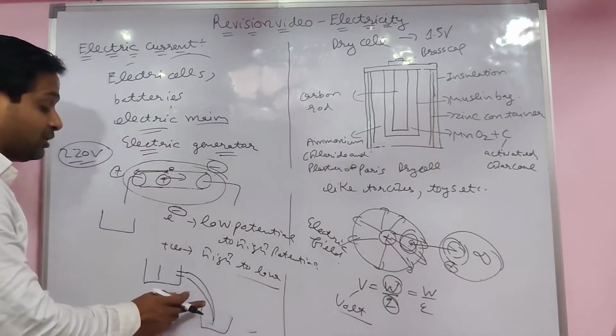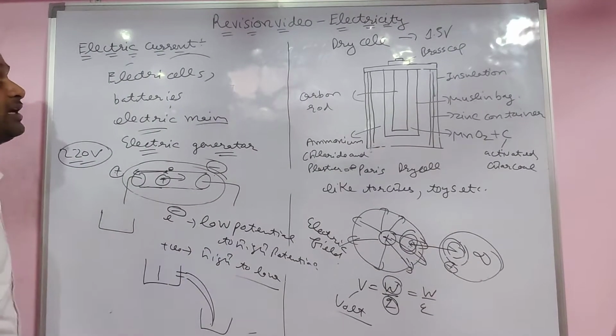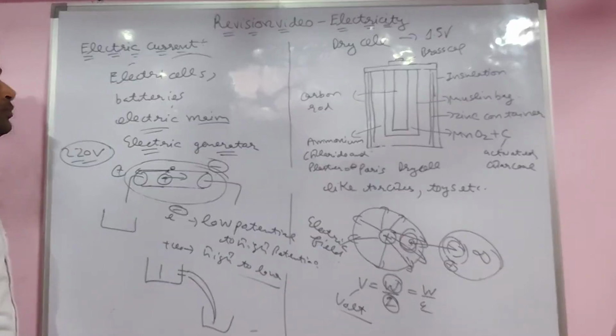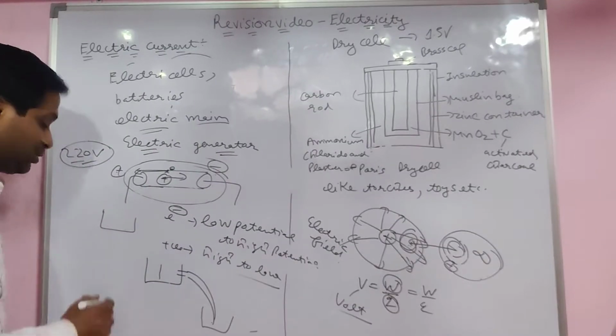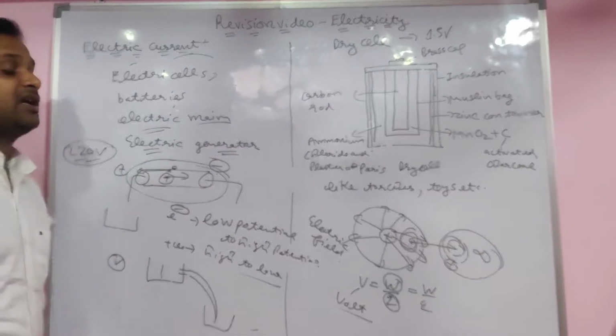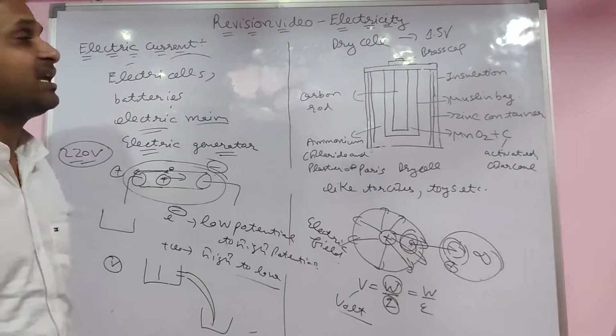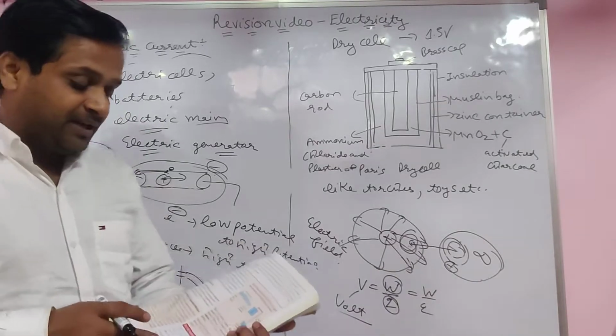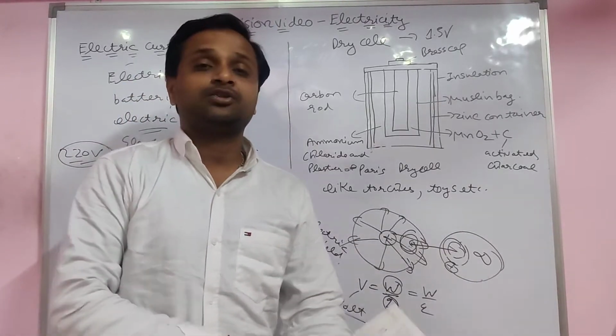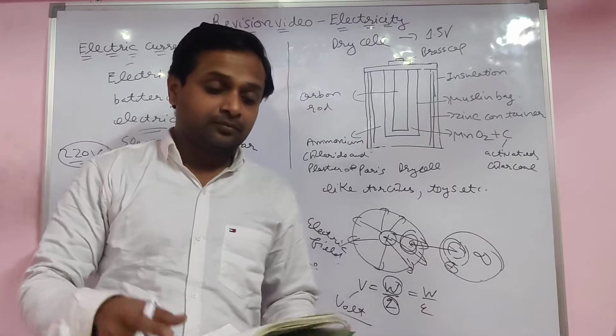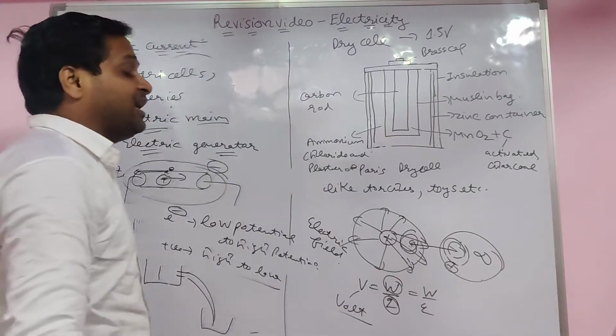So this is the definition of volt. Which instrument is used to measure the voltage? That is a voltmeter. I already explained about the voltmeter like this. And if you want to measure the current, which instrument do you use? Ammeter and galvanometer, student. Yes. Now our next topic is an electric cell.